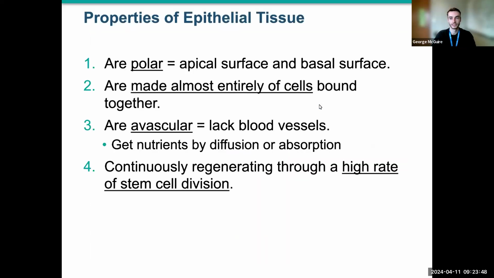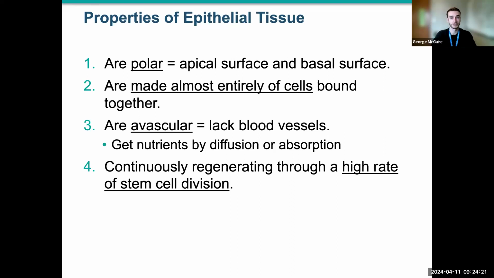All right, so starting with epithelia. So for all of our tissue types, we have some properties or characteristics that are unique to them, which is how we define that tissue. So for epithelial tissue, the characteristics of all epithelia are that they are polar, meaning they will have 2 distinctly different surfaces. We have our apical surface, which is what is facing towards whatever cavity that epithelia is lining. And then our basal surface, which is going to attach to a layer of connective tissue